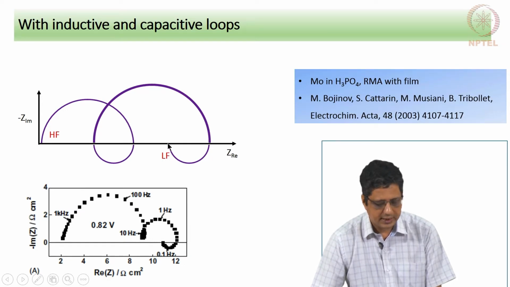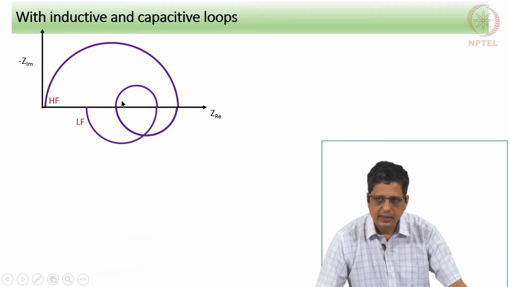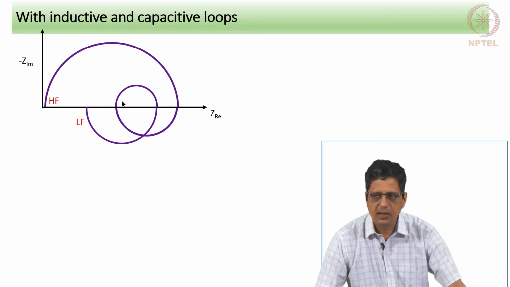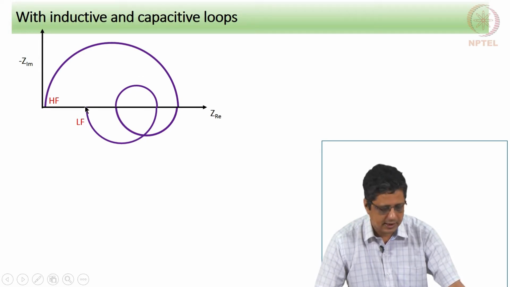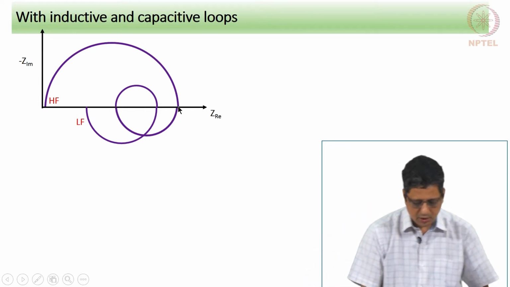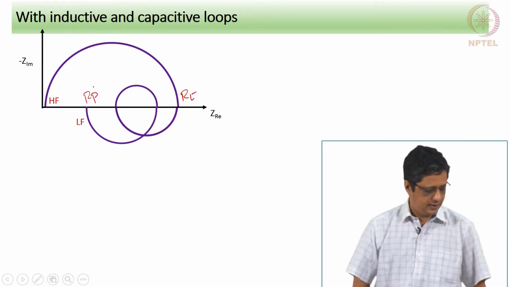So, here the polarization resistance is more than the charge transfer resistance. Same set of loops occurring in the same sequence, but with different magnitudes, that is capacitive, inductive, capacitive and inductive, but with different magnitudes for those inductor values and capacitor values, if we model this with an electrical circuit, right. That will give rise to a pattern like this. Here the polarization resistance is smaller compared to the charge transfer resistance that occurs somewhere here, where I touch the mouse. This would be charge transfer resistance and this would be the polarization resistance.